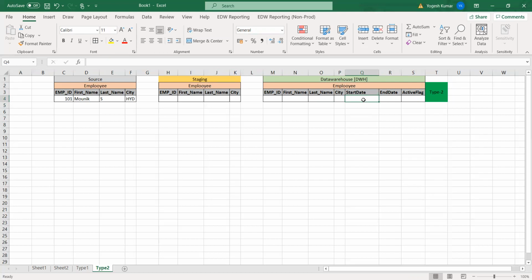When this user moves to the next city, then that date would be the end date over here, and the next date would be the start date for the next record, and the active flag would mark the current state record. So start date is when this record came into the data warehouse.